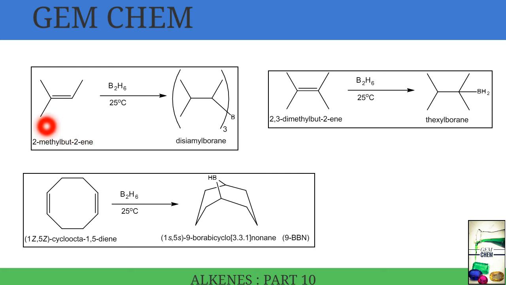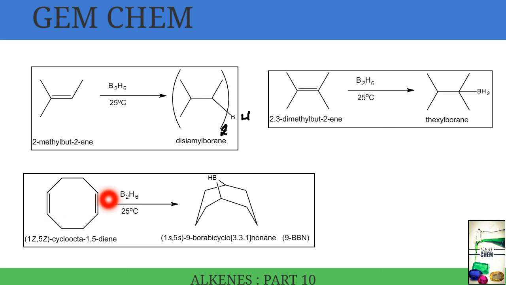Now see this one. First of all, hydroboration of mono and disubstituted alkenes with borane gives rise to a trialkyl borane product. But when we come to trisubstituted and tetrasubstituted alkenes, there occurs formation of dialkyl borane and monoalkyl borane. So we see that 2-methyl-but-2-ene on reaction with B2H6 produces disiamyl borane containing 2 alkene units and BH. Whereas in this case